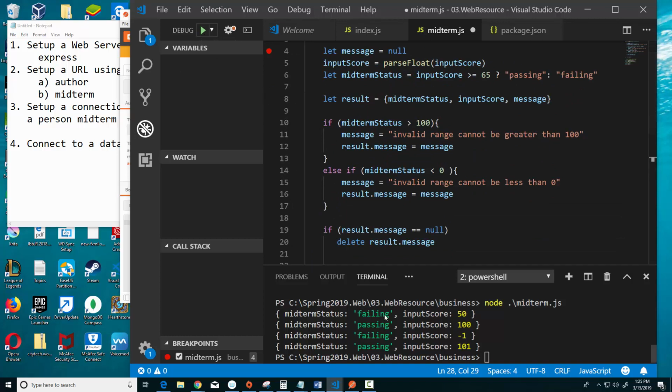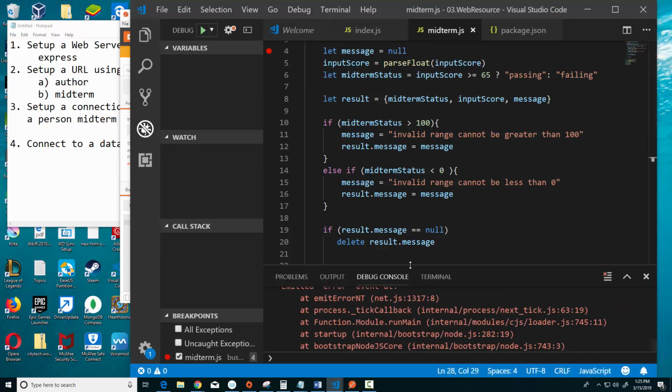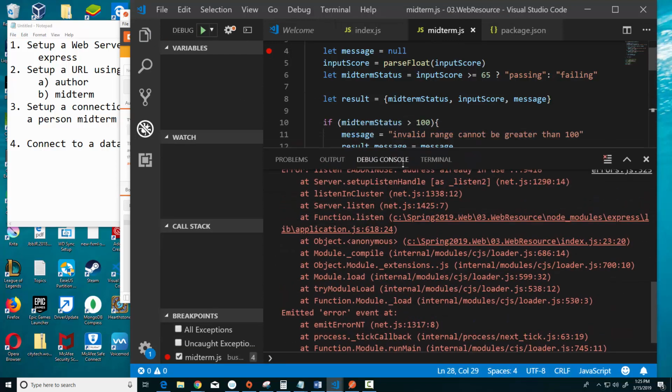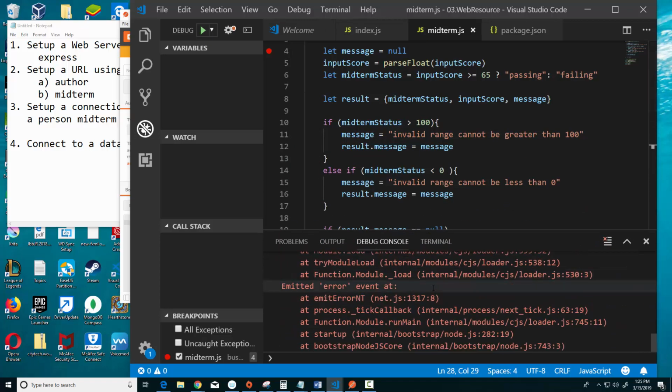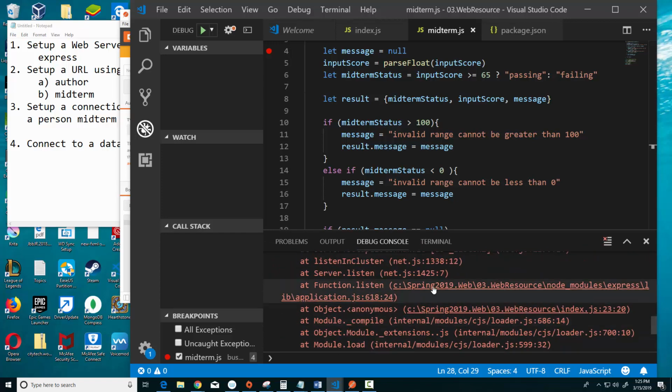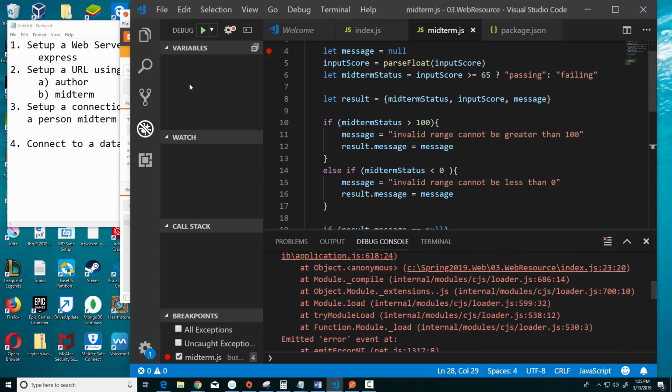So now we're not going to run Node from the console. We're going to click here and say start debugging. It's going to actually run this code. Okay. And I think it's trying to run the index.js. So let me